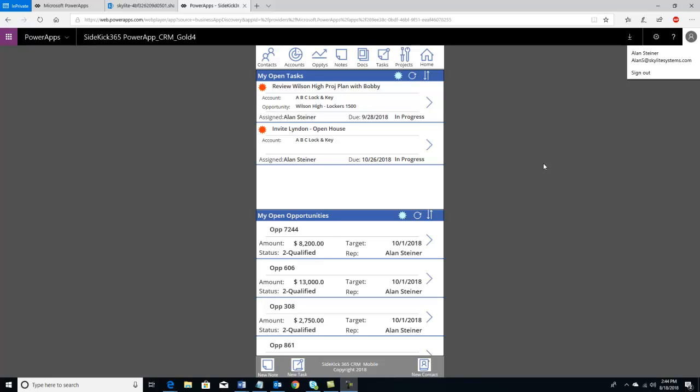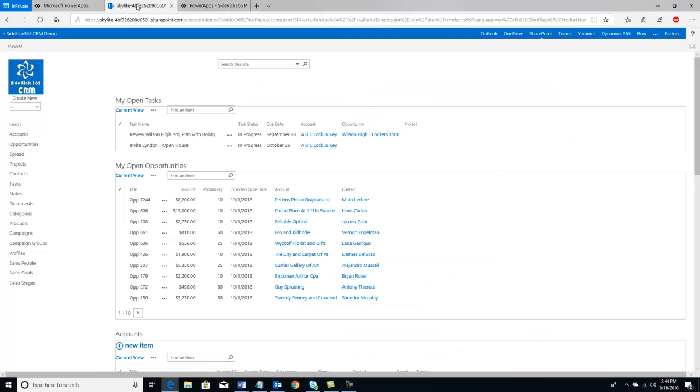Now the idea is that the PowerApp is going to be used by people in the field that are either on a tablet or on a phone, while the people in the office are going to use the web version of SideKick 365 CRM. The great thing is all the data is still stored in SharePoint, and